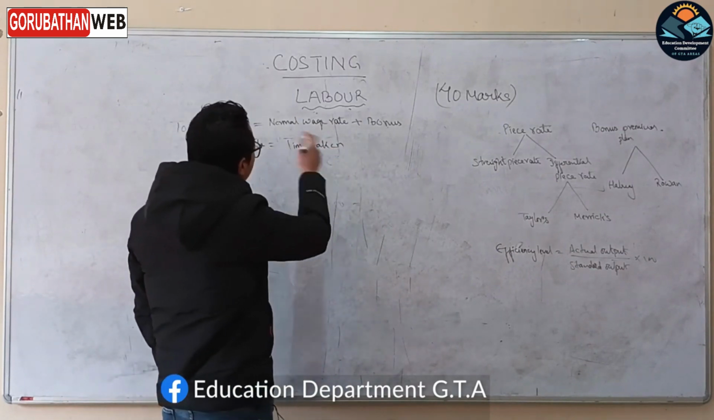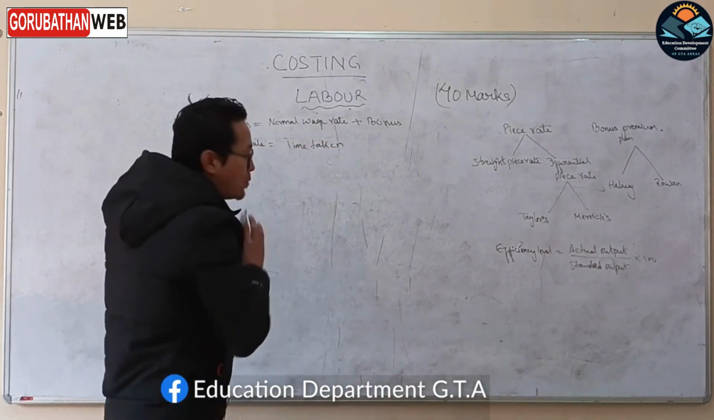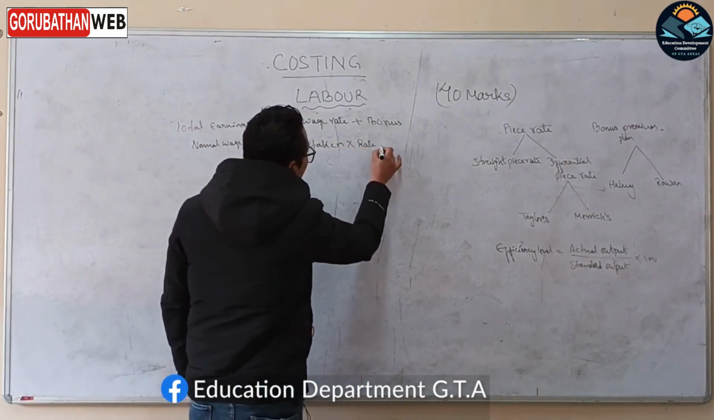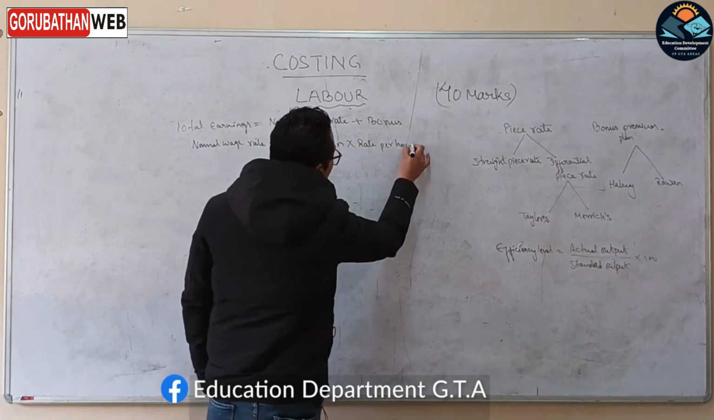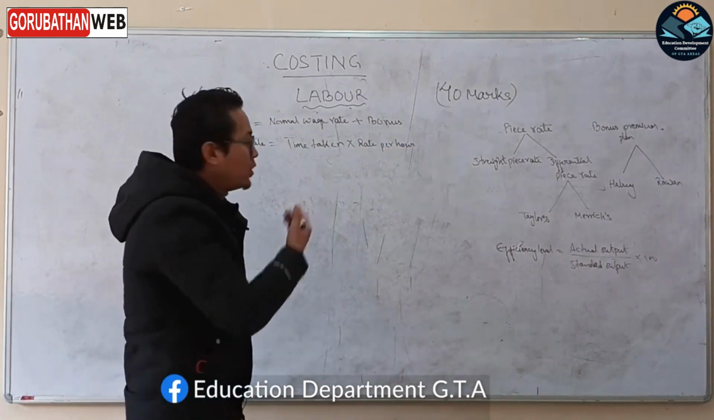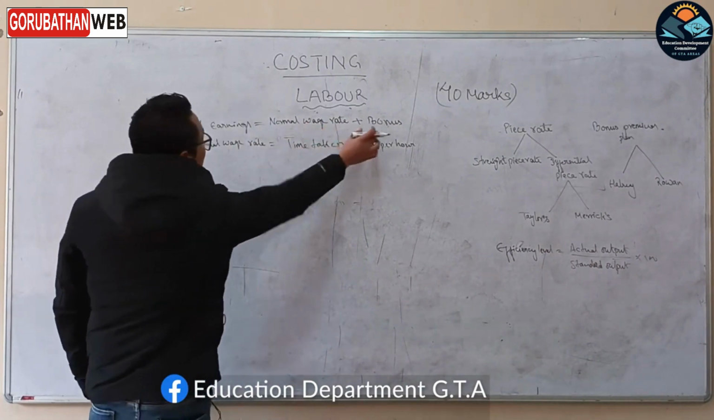इन हाउ मेनी आवर्स ही हेज कम्प्लिटेड द जब. सो टाइम टेकन इन्टु रेट पर आवर. मानिले 7 आवर्समा कम्प्लिट गर्यो 7 इन्टु अब रेट 5 रुपिस 7 इन्टु 5 गर्यो. यो त नर्मल रेट हो. अब बोनस